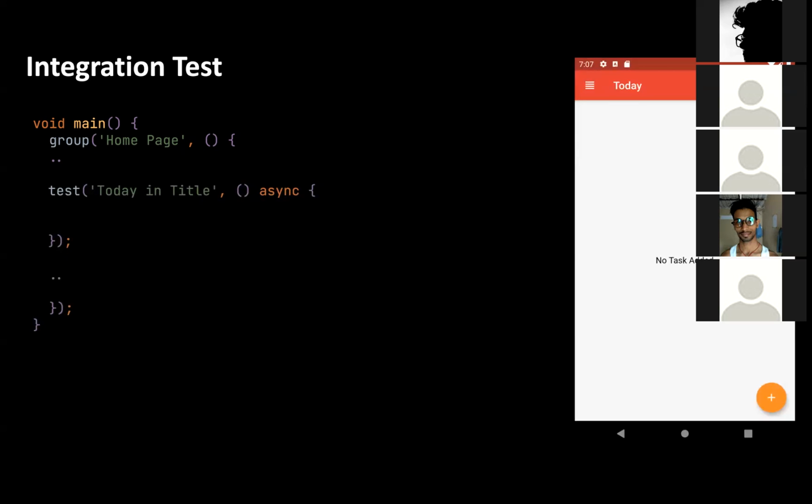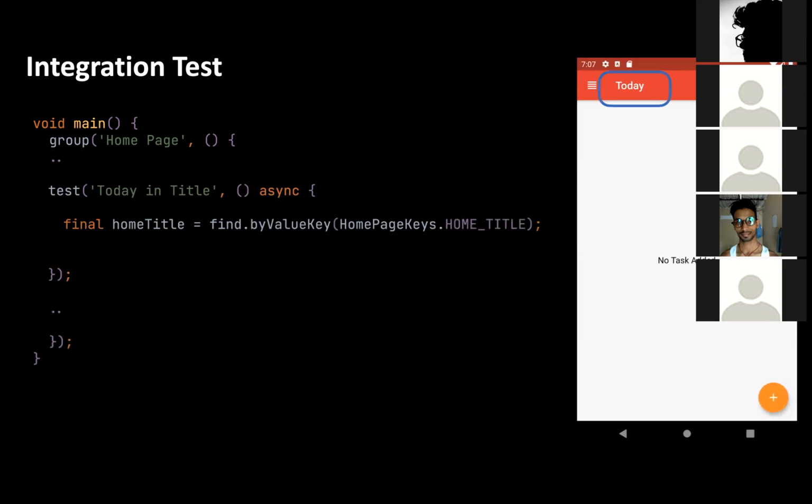I'll create a test, and I'm giving async here because I'm using the driver, which asynchronously gets all the text and matches in the test. So this is the find by value key, which is the API in the Flutter test, and I'm just using this home title key. So initially, when I was not having any test, this key was not defined. So as I was going through the test, I was